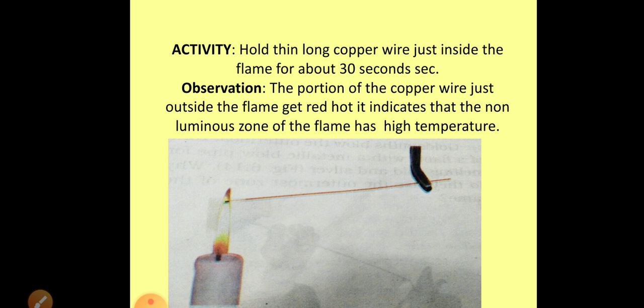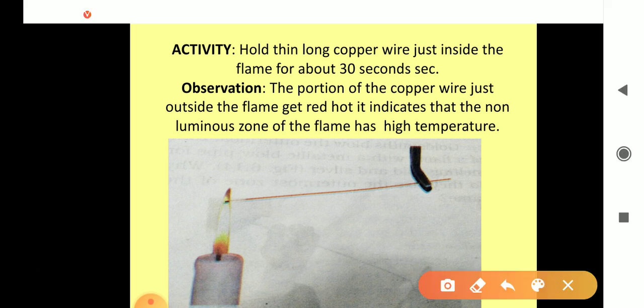The portion of the copper wire just outside the flame gets red hot. You can see here it becomes red hot, and it indicates that the non-luminous zone, it means the outer zone of the flame, has the high temperature, right? The outer zone has the highest temperature, that's why the copper wire becomes red hot. Okay,